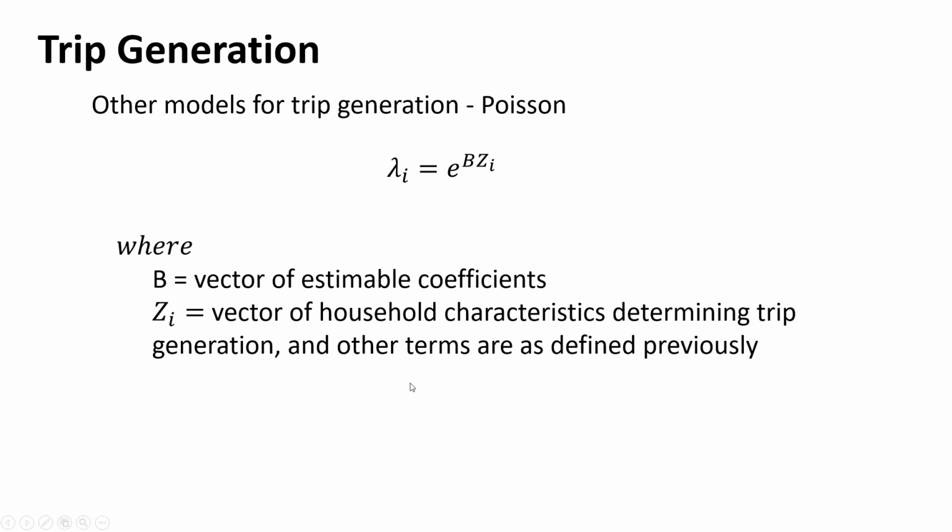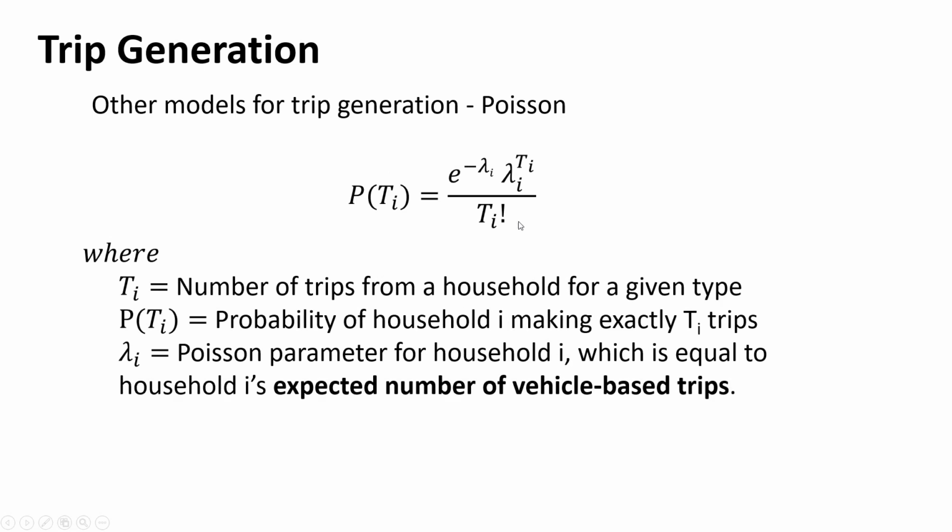And that's how you would differentiate those and finally use them, right? And you come up with a table, basically, in the end, saying that based on all this data we've collected, this is our reasonable approximation of how many trips, for whatever reason, a household with these characteristics is going to make. And that becomes our expected value lambda, which we're going to then come back over here and plug into this Poisson equation. Then we can calculate the probability of number of trips based on that expected value.